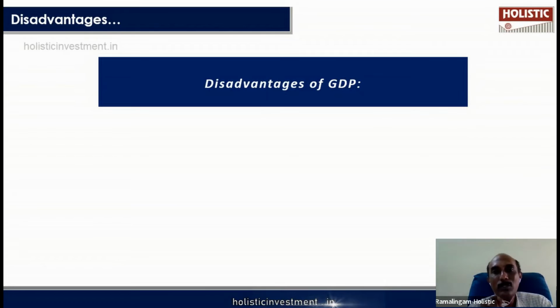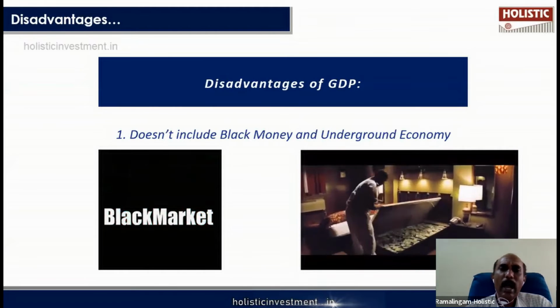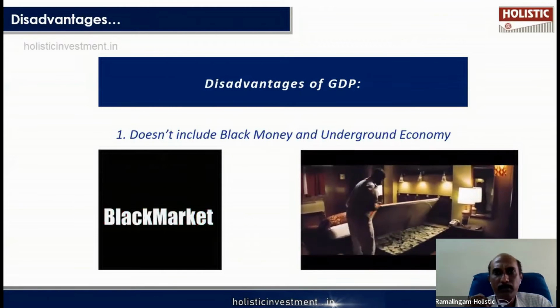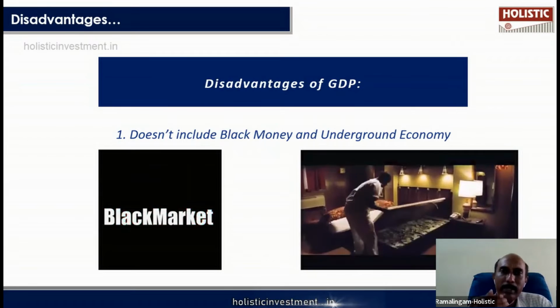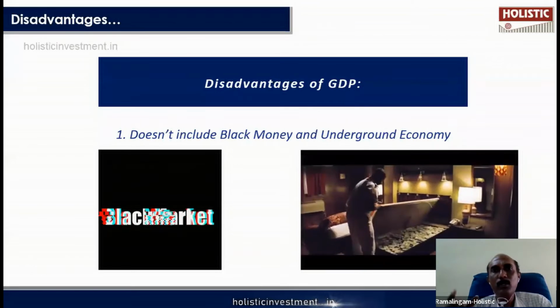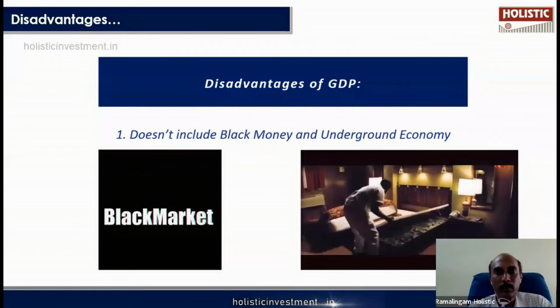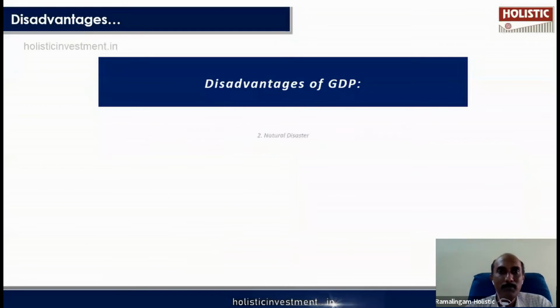So next time when you see GDP, you have to understand the GDP number is not the exact or accurate number. It has got its own flaws. Let me explain the disadvantages one by one. This does not include the unaccounted income that happens. There are many cash transactions, like some businesses have the practice to account only 50% of their income, or 30% of their income, or 70% of their income. So the rest of the portion is not accounted. So that production is not part of the calculated GDP.